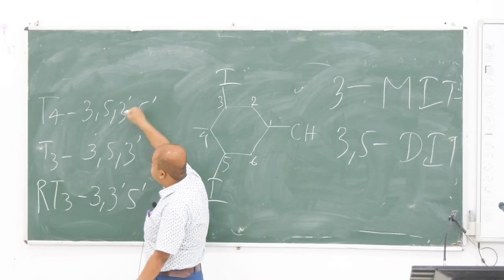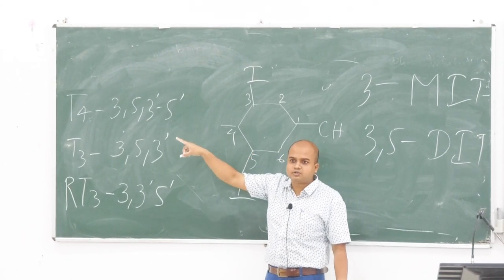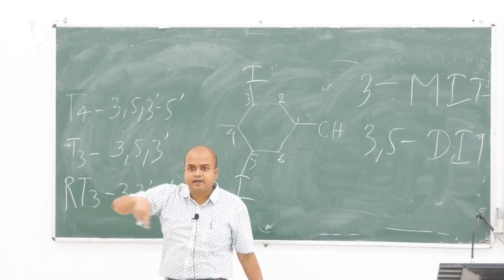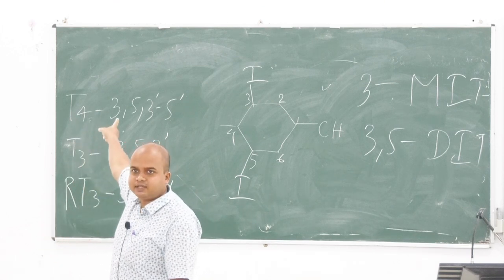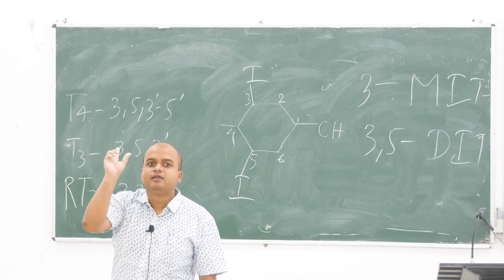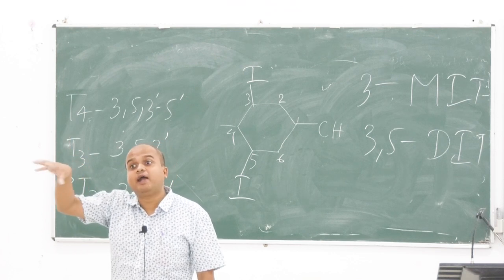So now see this thing. T4: there will be 4 iodine atoms. So what is 3' and 5'? Another similar ring. See, in T4 I will get iodine in 4 positions. Which 4 positions? Third and fifth, and the other 2 positions are also third and fifth of the